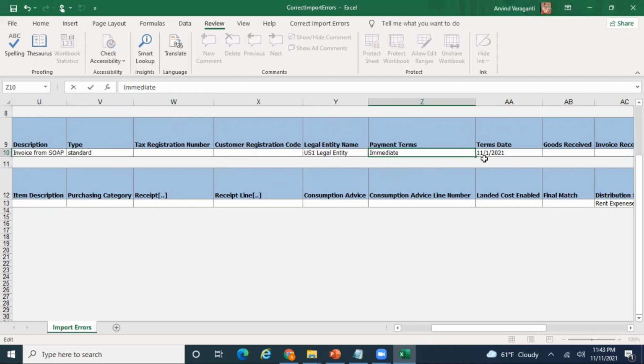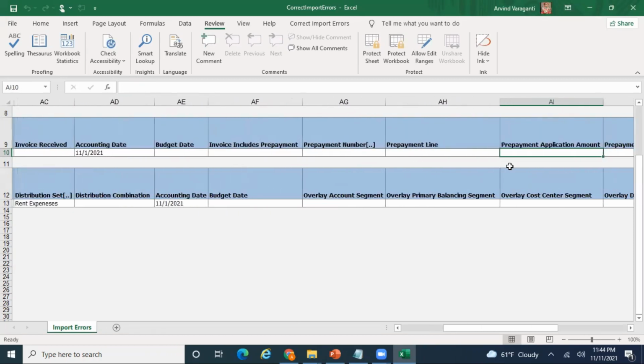If I do not correct this now, even though here there are two errors, I think the payment term is also not correct. Once I import this, it will again still lie in the interface table, and the next time I get an error message: invalid payment terms. So instead of waiting for the next turn, I'm just ensuring that whatever I know, I correct all the errors. Anything else?